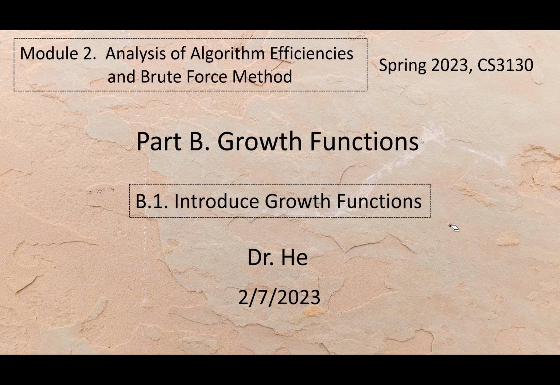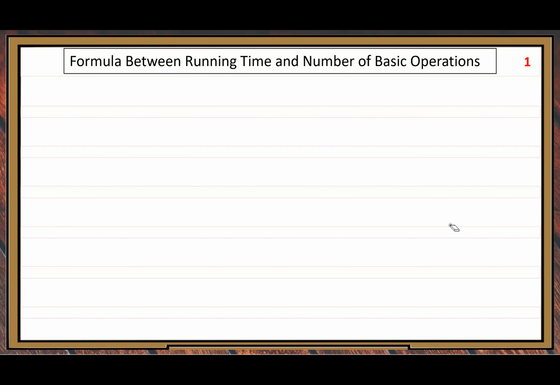B.1, introduce growth functions. This concept. Let us consider the formula between running time and the number of basic operations. So here, what we are doing here, we measure efficiencies of algorithms. When we do that,